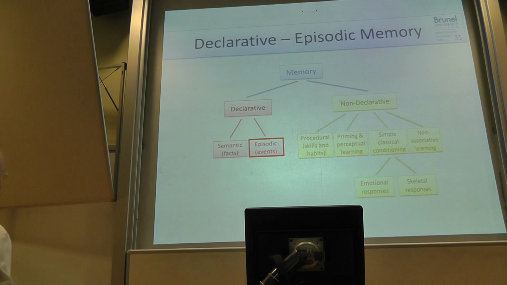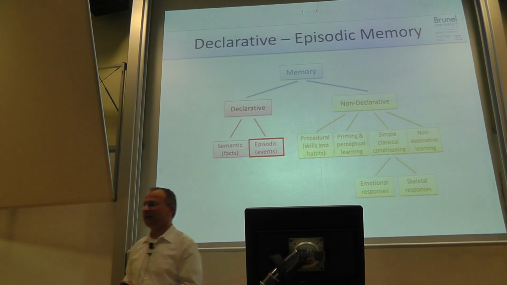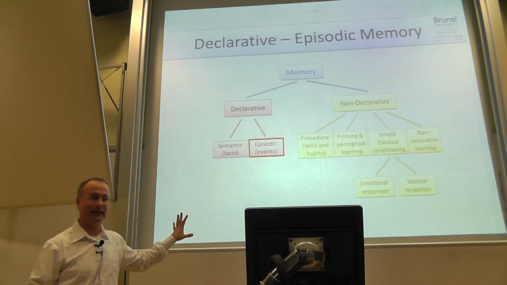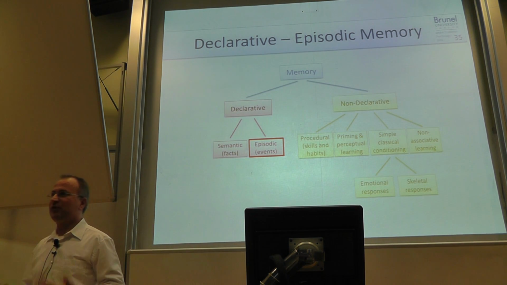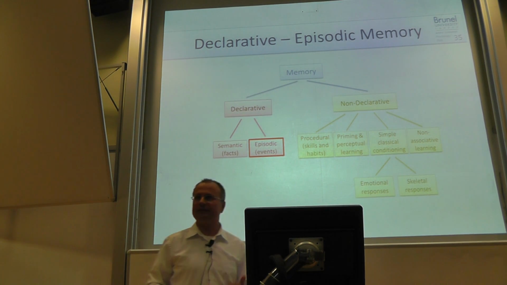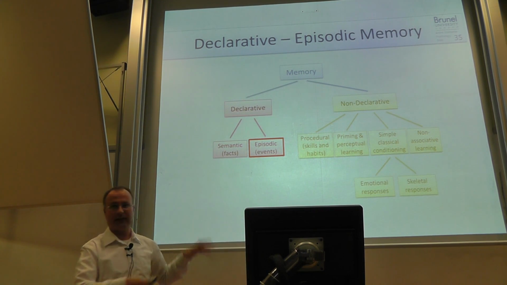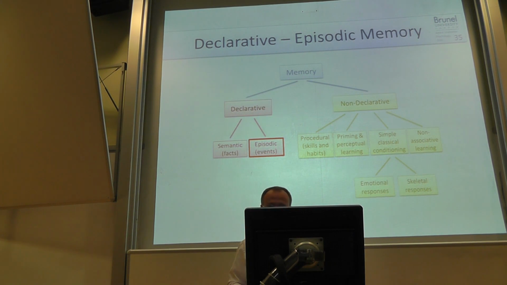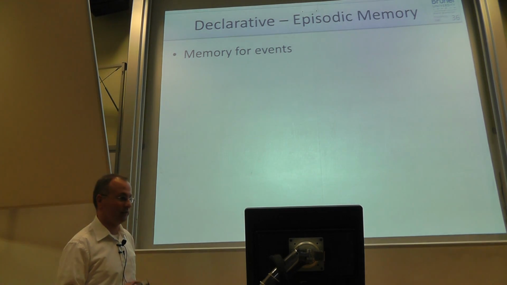Okay, so we have now spoken about declarative memory and the semantic, the fact side of things. Now we come to episodic memory, and that may be a little bit more of interest to some of you, because one big part of that is eyewitness testimony. And we'll speak about this as well. But let's start a little bit more generic as an introduction.